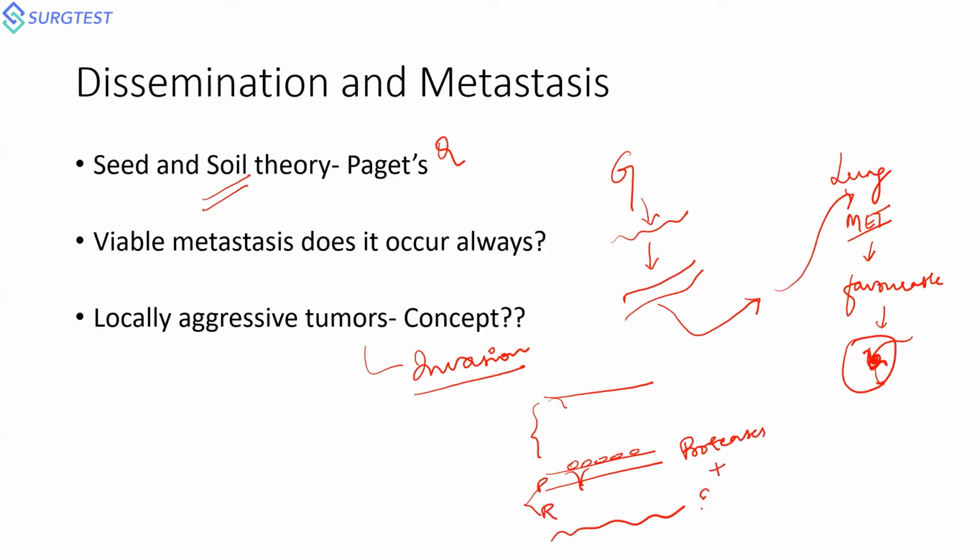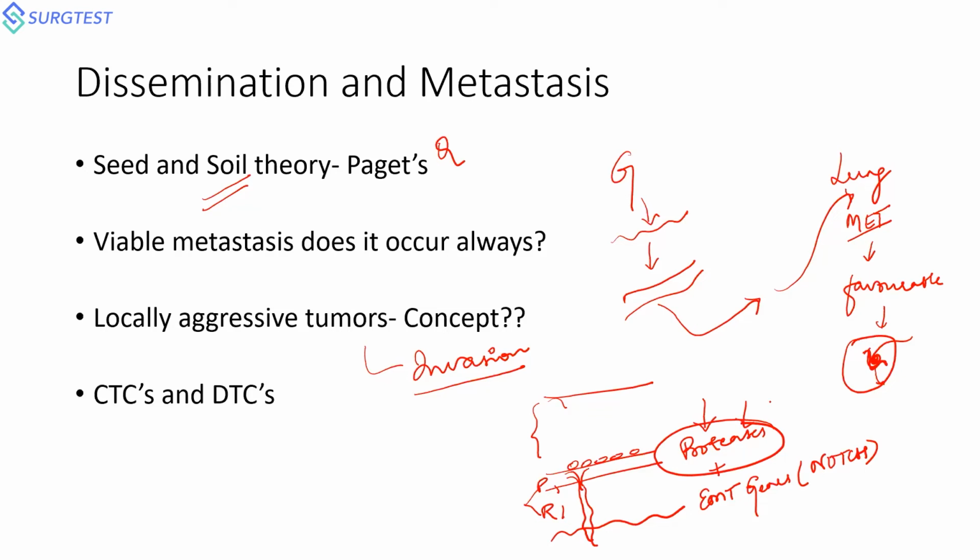This, along with your epithelial-mesenchymal transition genes, which I already told you, the Notch gene, will help them acquire access into your papillary dermis, your reticular dermis. From there, they will creep some more down into your subcutaneous tissue. This makes them go locally aggressive. That is all attributed to one particular factor which has been secreted by your tumors themselves, the proteases. Most important thing, I told you, viable metastasis occurs when there is a favorable environment.